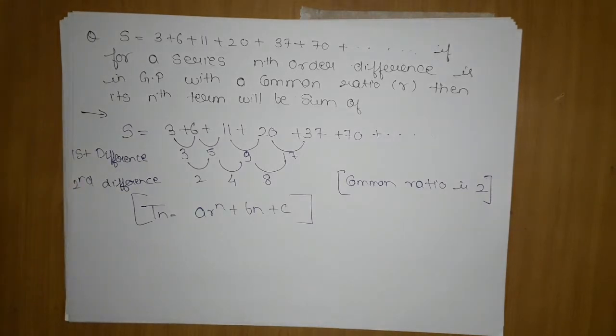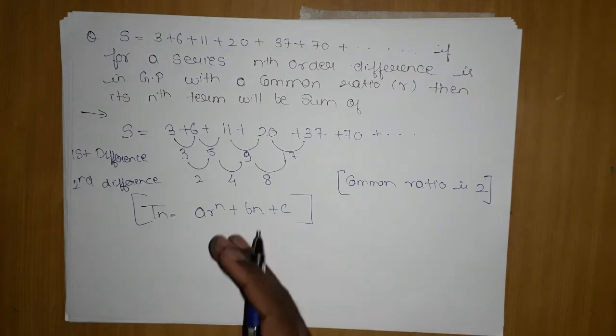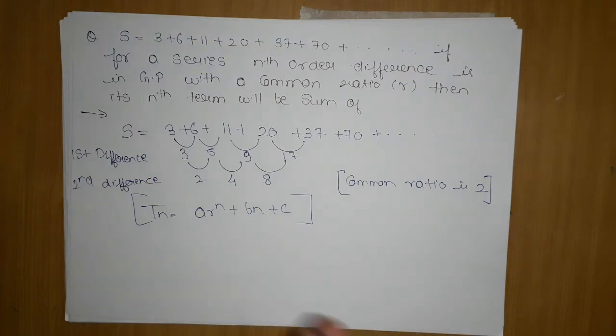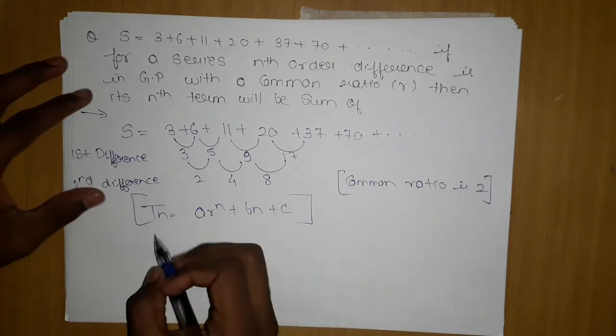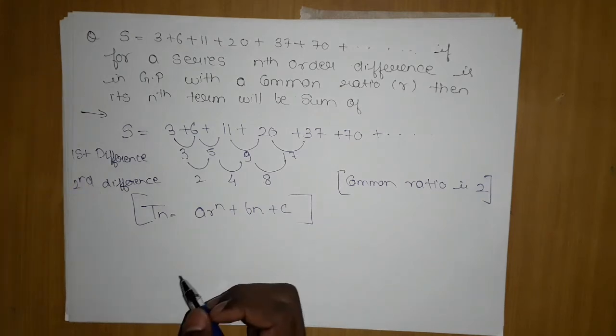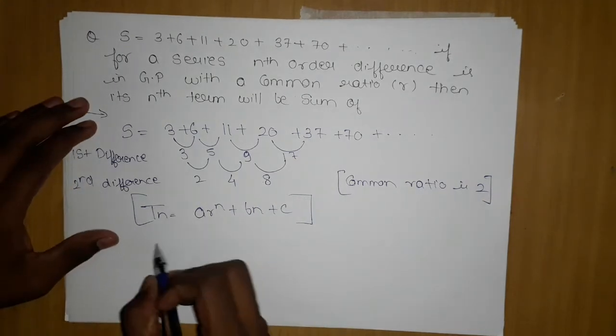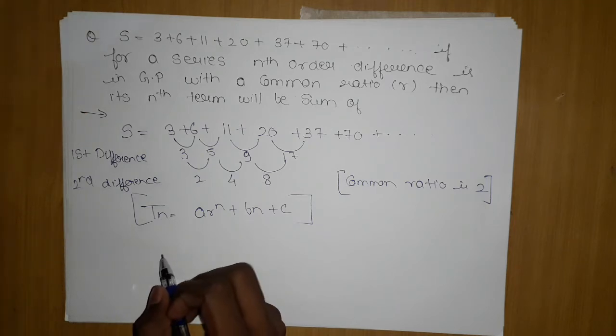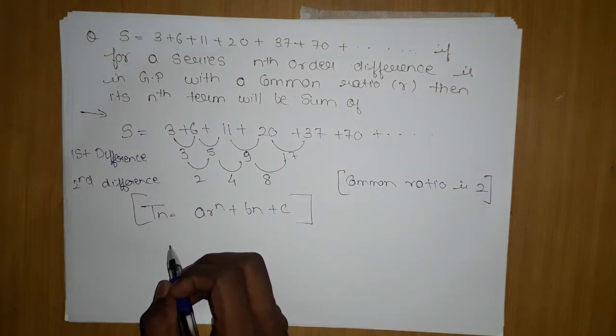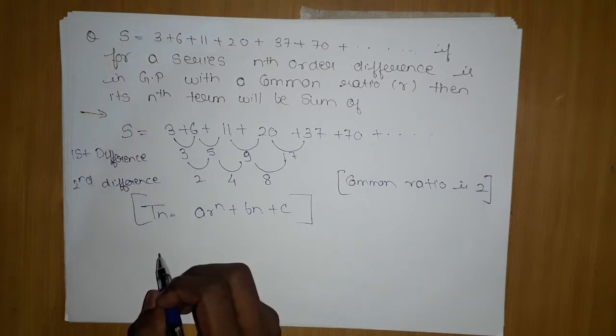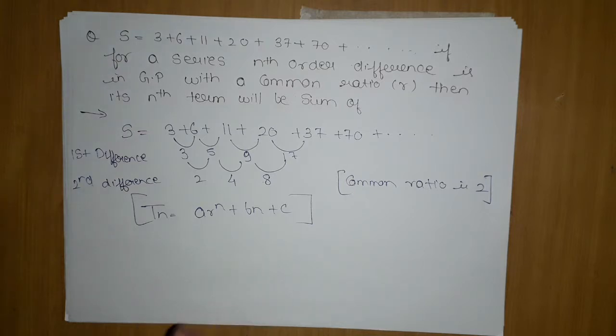There is one more method, we will see that. Not a big thing, but before that, this is the foolproof method. Like in the previous one, where the difference method was not foolproof, here in GP also some method exists, but we will do that later. Before that, we will try to solve it by this. Now what is A? We will just try to get the A, B and C values.